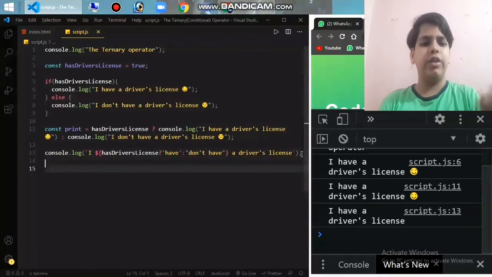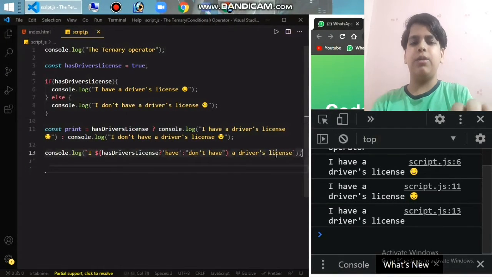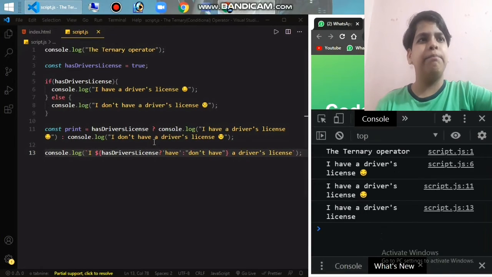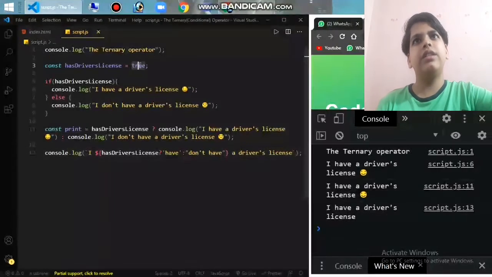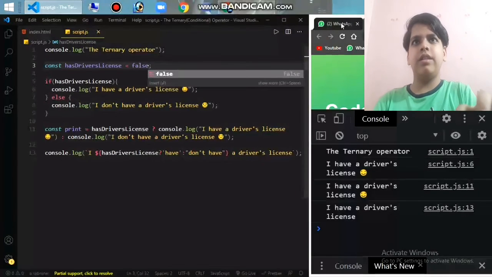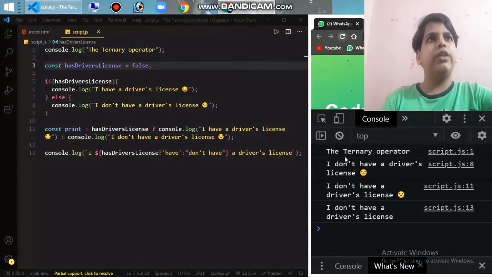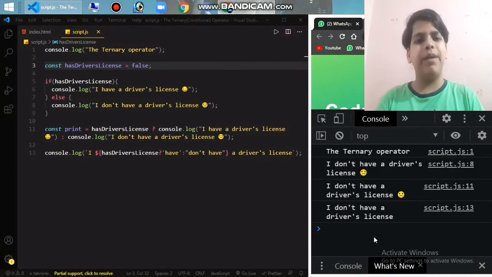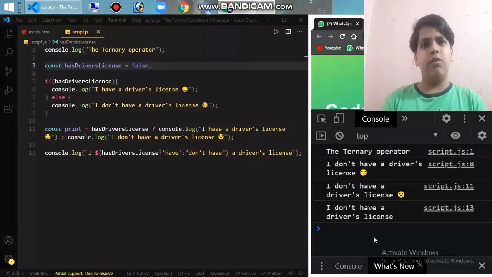You can do anything you want like that. Now if I change it to false, it will become "I don't have", as you can see: I don't have a driver's license. So it was very simple to understand, and it works only for single line code.